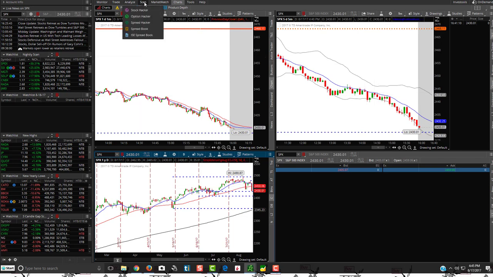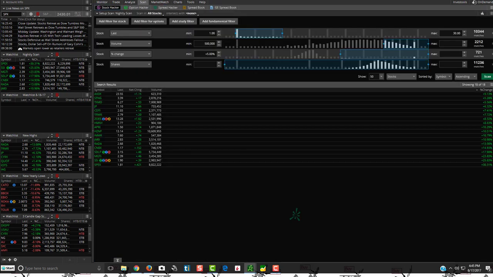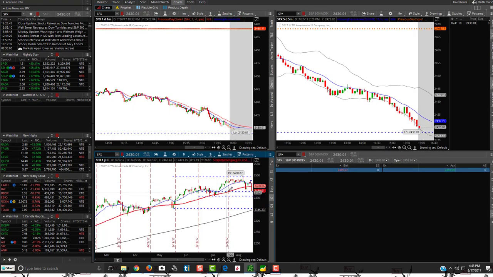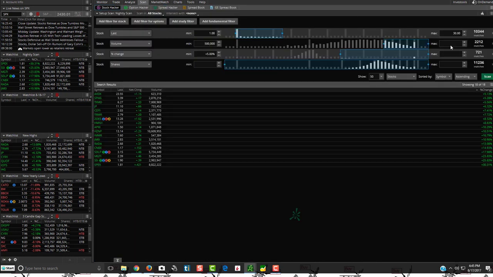I was kind of starting off delaying some time because, as you'll see, there's not a lot of plays for tomorrow, which is okay. We'll look at a couple other things. We'll go for whatever plays have potential for tomorrow, and then see if we can find anything else as well. But obviously there's not a lot of plays because the market is fading. That's why learning shorting is also good, so you can play both sides of the fence. So I will keep the $1 to $30 range. Normally I don't trade anything over $15. Usually it's under $10. But since there's not a lot of plays, I'll just keep it at $30.